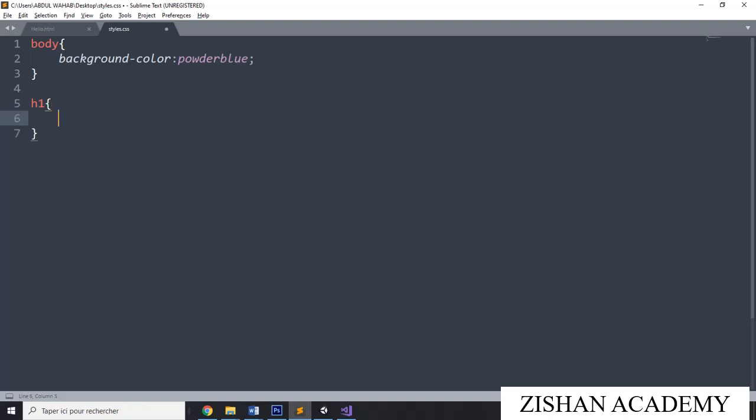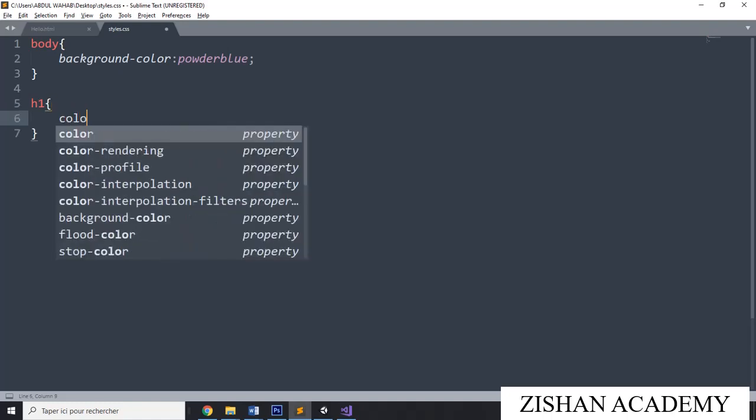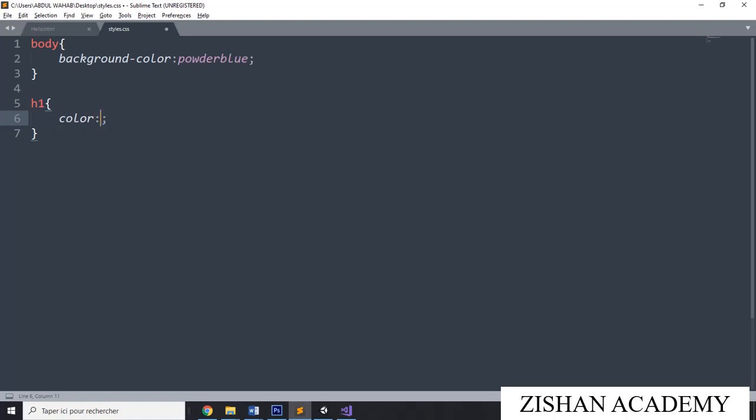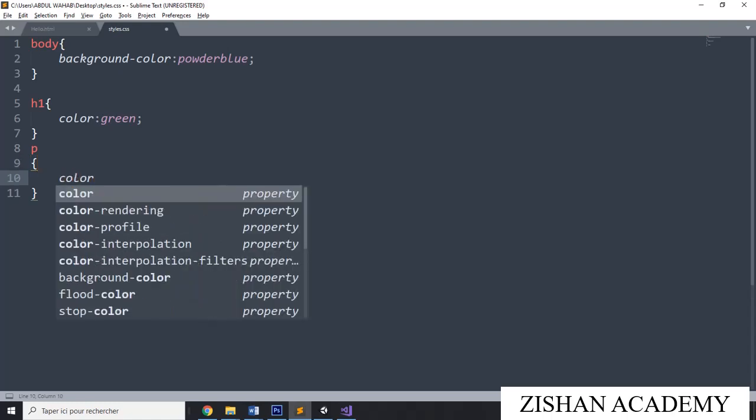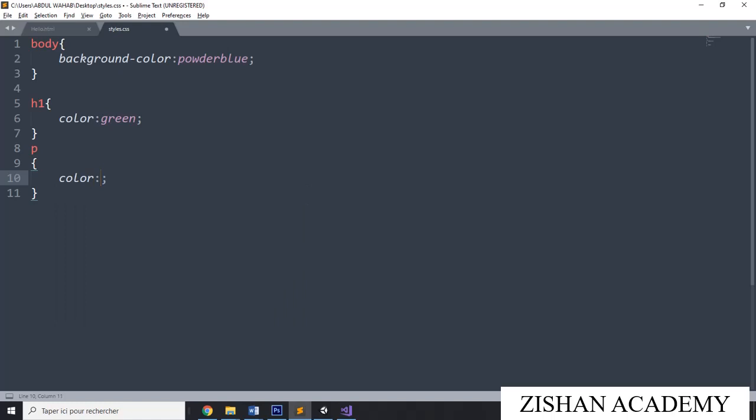You can give any color for this one. I am giving color, colon, suppose green color. I am giving green color for H1. Then paragraph. Open with curly braces. Color. I am giving blue color. Now save this file.